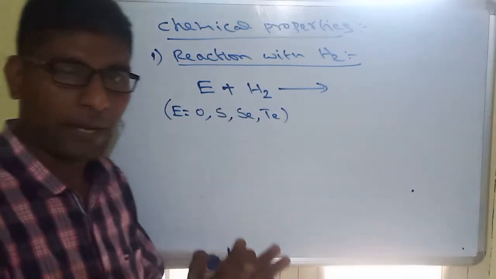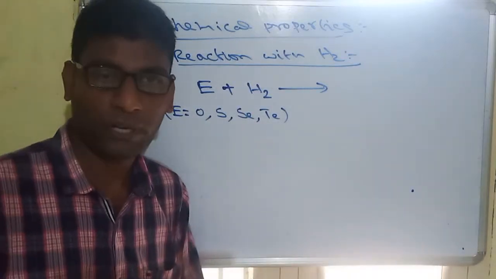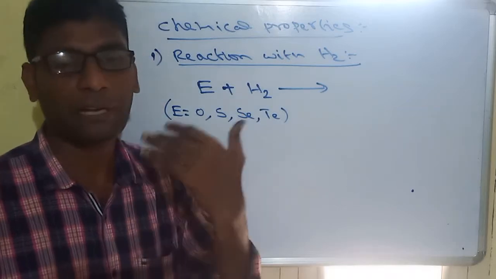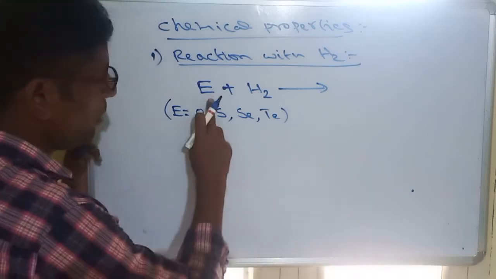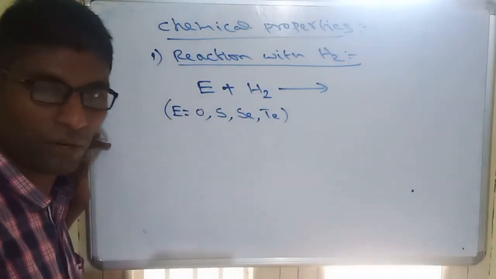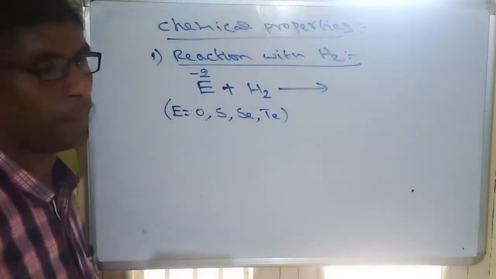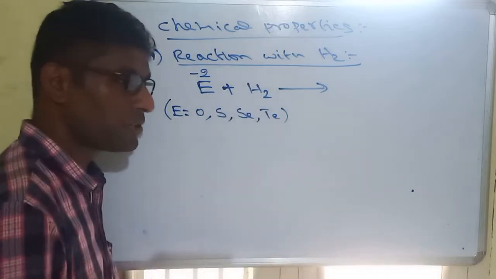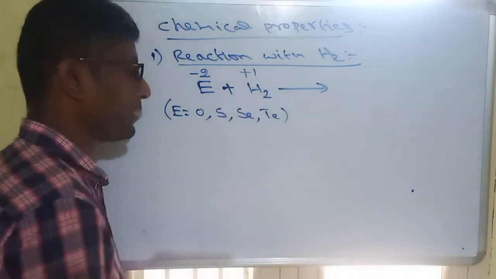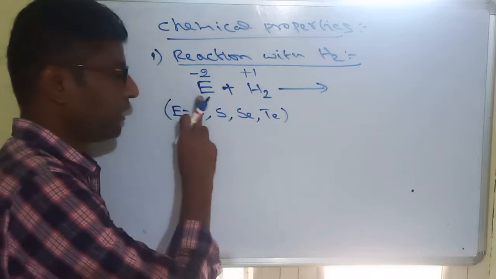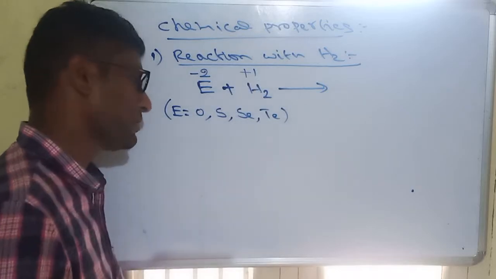When two elements are combining, remember one must be more electronegative and the other less electronegative. The more electronegative element will exhibit a negative charge, the less electronegative element will exhibit a positive charge. Among these two, the 16th group element is more electronegative, hence its charge must be negative. The negative charge of the 16th group will be -2. Similarly, hydrogen is less electronegative, so it will show positive. The positive charge of hydrogen will be +1. Whenever both combine, the 16th group element will exhibit -2 and hydrogen will exhibit +1.